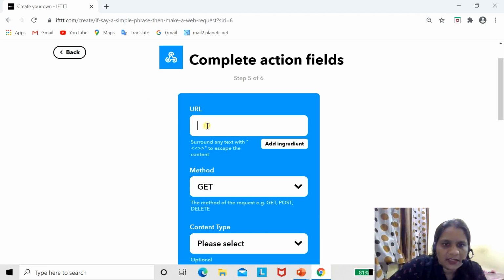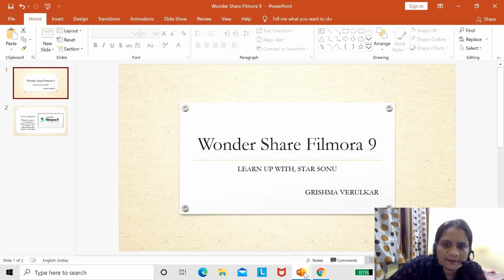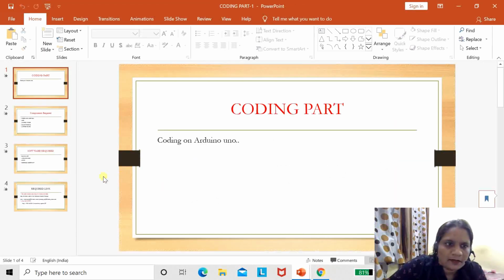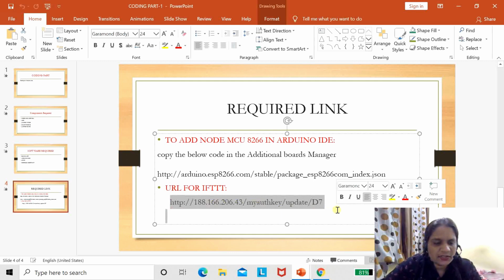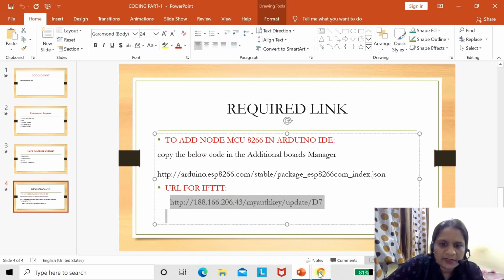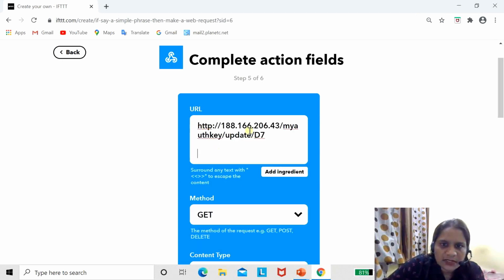Once we click here, we have to paste the URL. This is the URL we need to connect with our Blynk app. So just copy this URL. I will provide this URL in the description box. Just paste it here. This is the IP address for the Blynk control.